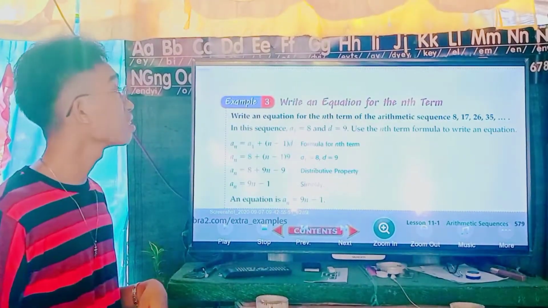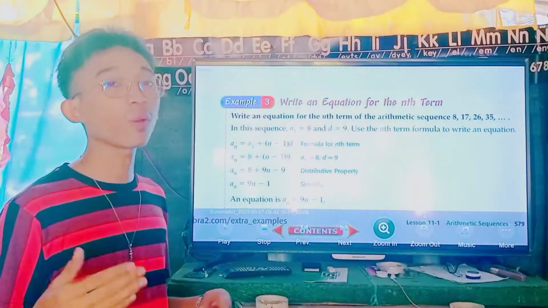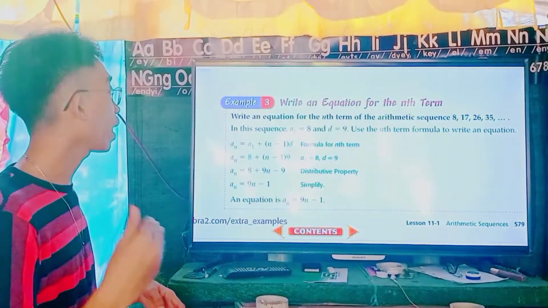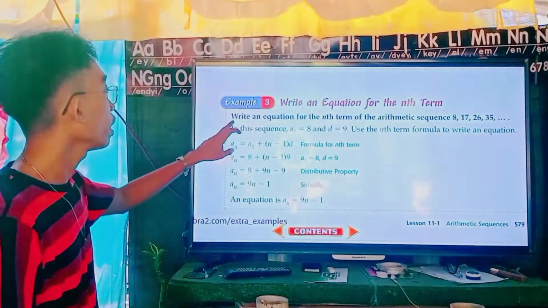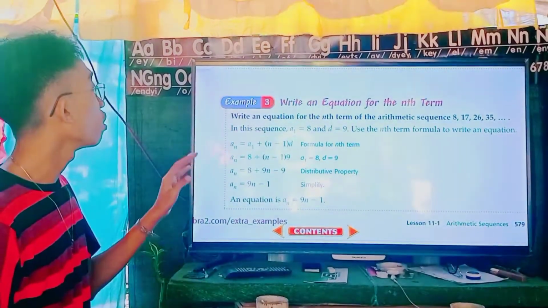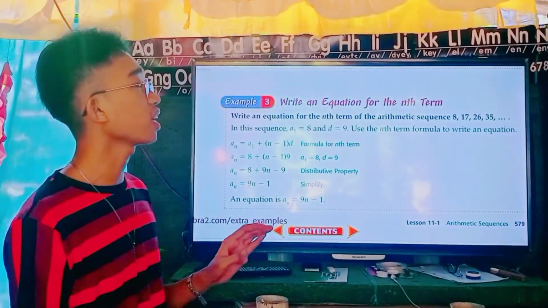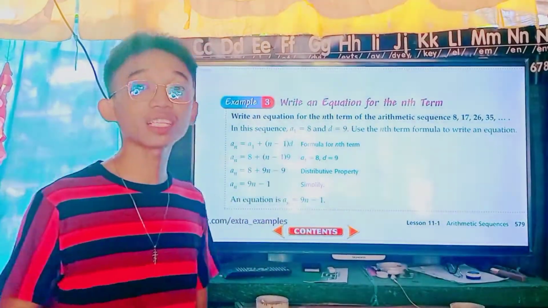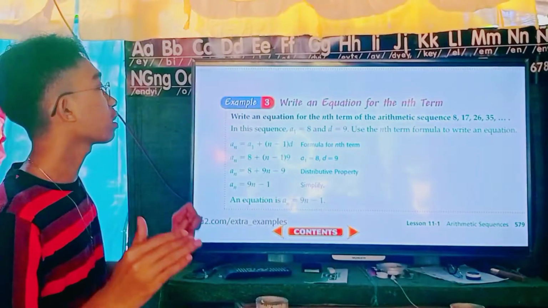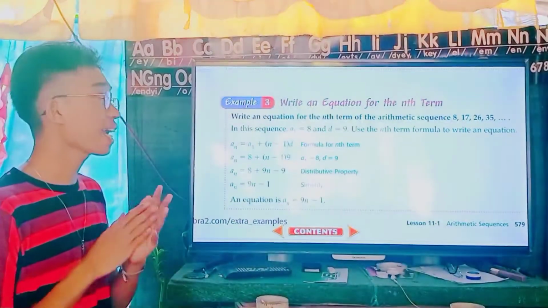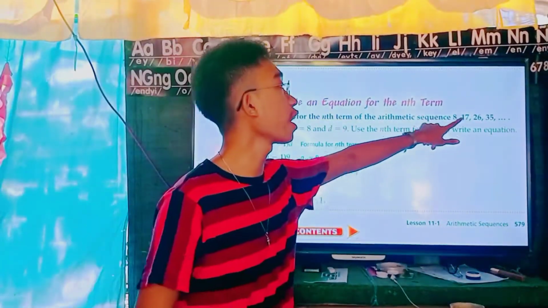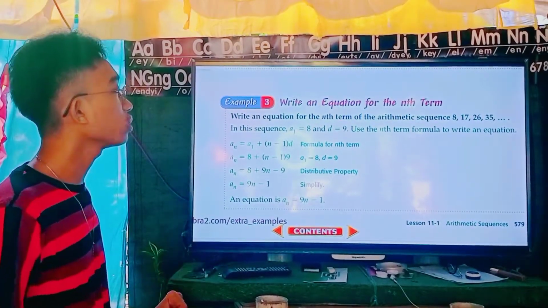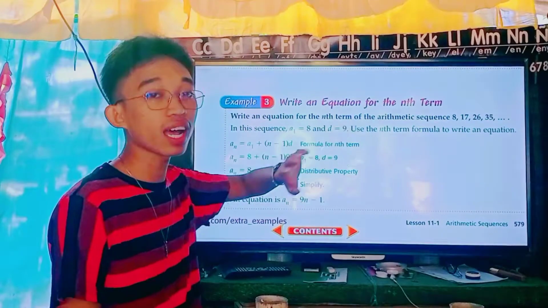We are tasked to write an equation for the nth term. Not an answer, but an equation. Okay, here is the instruction. Write an equation for the nth term of the arithmetic sequence 8, 17, 26, and 35. In this sequence, a sub 1 is 8, because 8 is our first term here. Always remember that. And our d is equal to 9. Why 9? Because